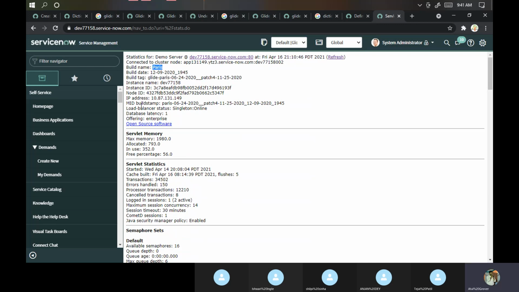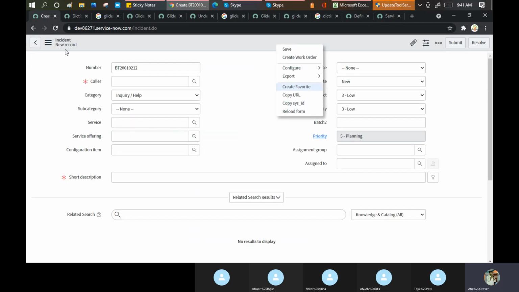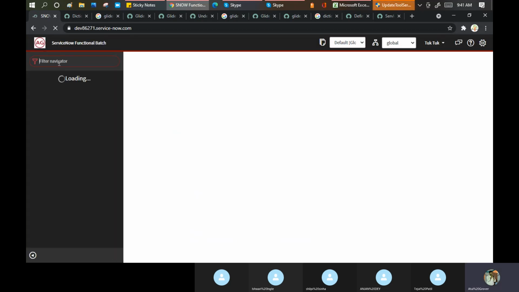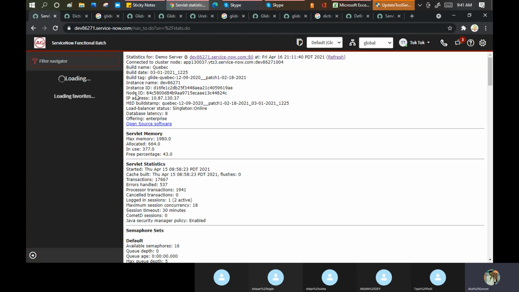Now the same thing. You can see here it is for the mid server. Let me go and show you my instance now. See, mine is Cubic.